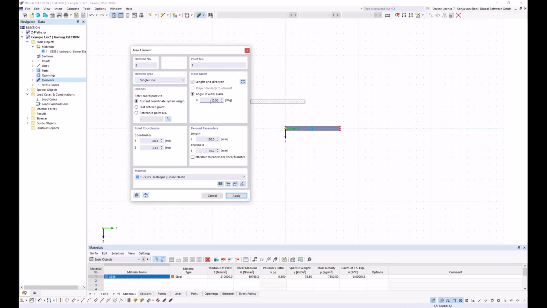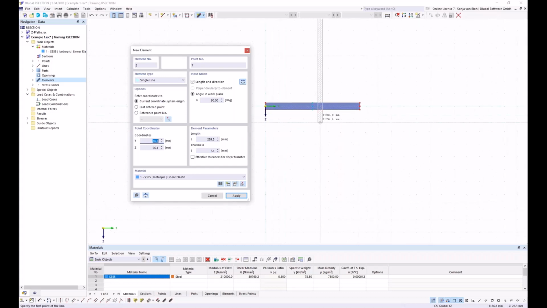And here I define an angle in the work plane of 90 degrees. And I change the direction here, and then I define the length of 289.3 millimeter and a thickness of 7.1 millimeter. And then